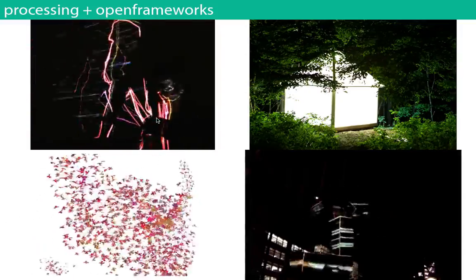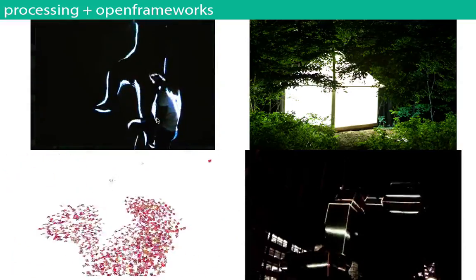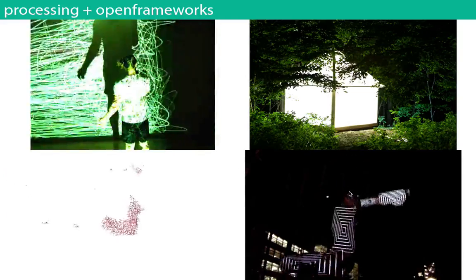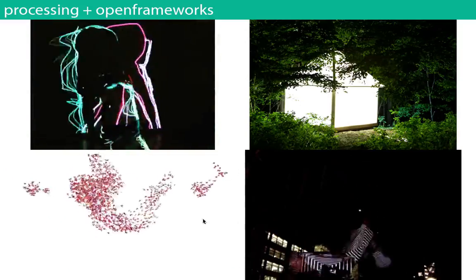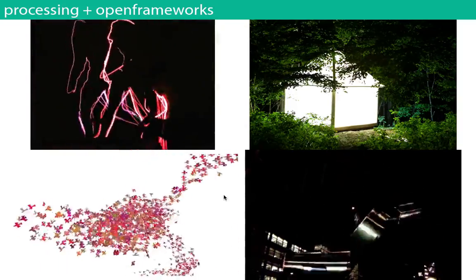There are other libraries that do the same thing. This is a well-worn idea, but hopefully I've made it easier. And yeah, this has projection mapping on robots and things like that. This is a robot. This is flocking, like boids. Dan Shiffman does this really well. So yeah, Processing and openFrameworks.